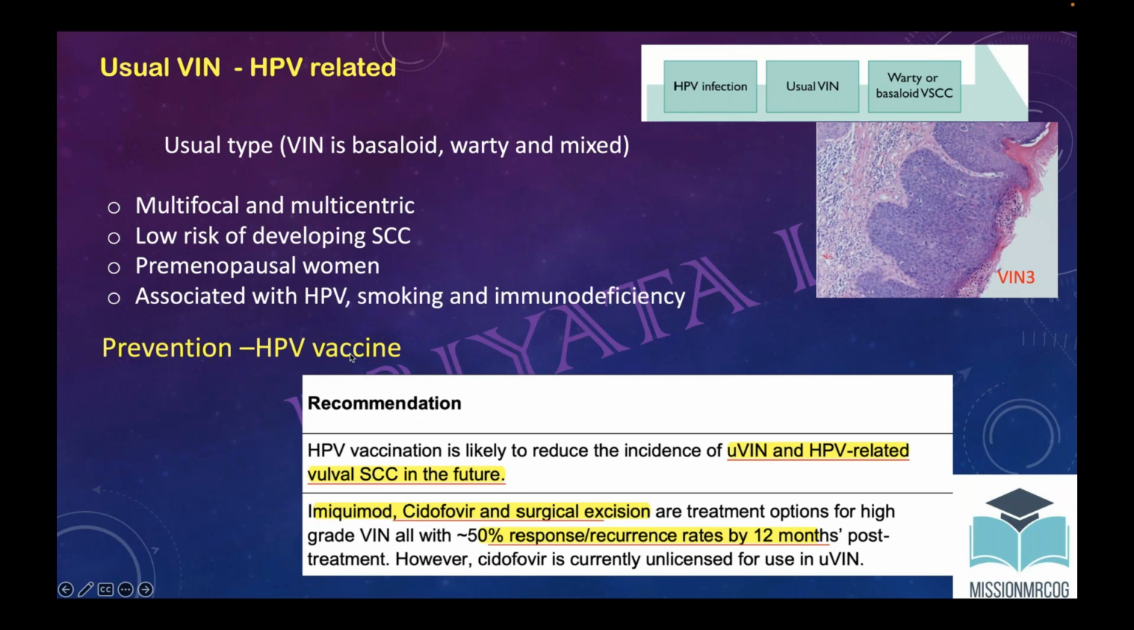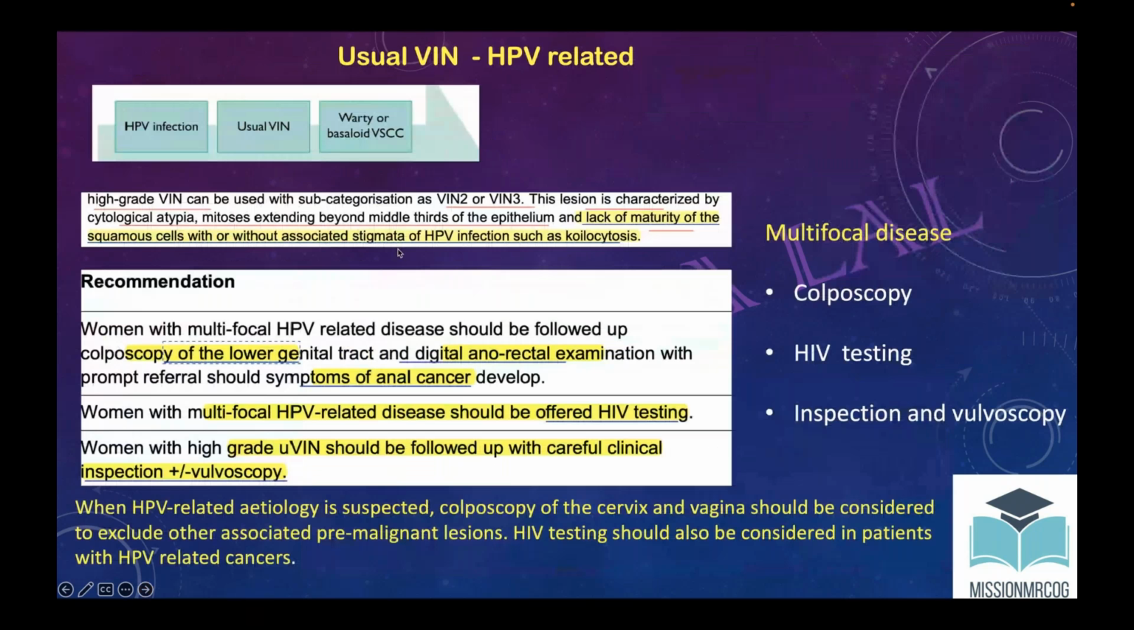So prevention is HPV. What is the treatment for VIN? I'll be just speaking. Okay, so this is HPV related UVIN. Same again. So now, if we see the histopathology, what could be there? There would be cytological atypia. There could be mitosis more than middle third of epithelium, immature squamous cell with or without HPV stigmata, that is